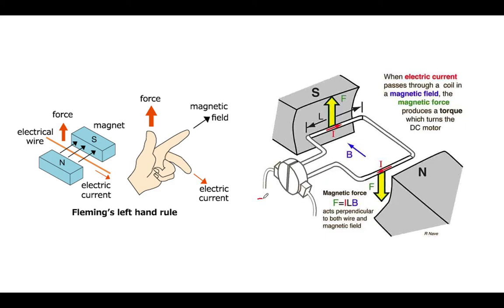So now, for example, I apply a positive voltage over here and negative voltage here. So there is a current flow in this direction, and it experiences a force in this direction. This coil experiences a force in the direction of the yellow arrow. So it turns, and this side copper plate comes this side, and this side one will go there. And at that time, this side arm will be here, and we will again get the current flow in this direction, so that it will again tend to move in the direction mentioned by this yellow arrow. So it will continuously repeat every time,